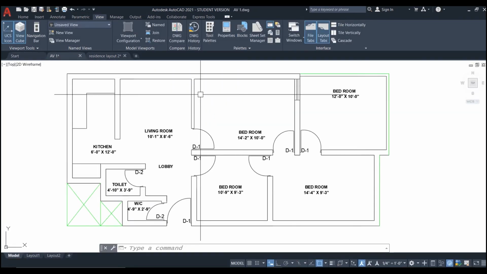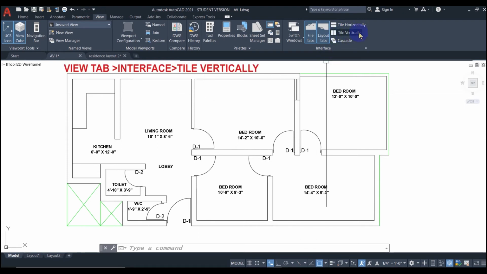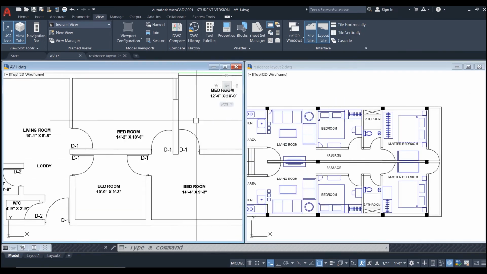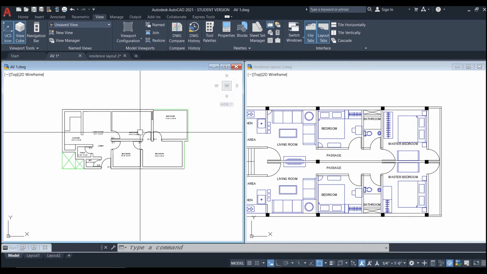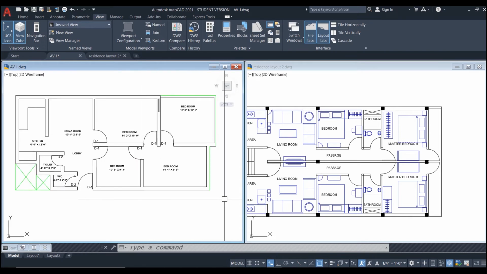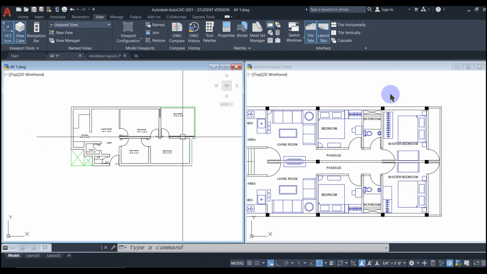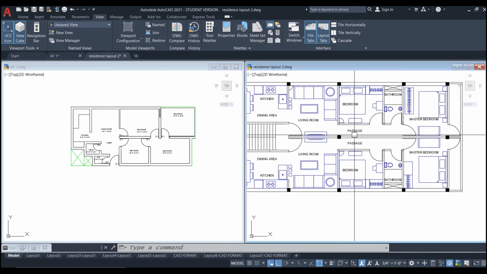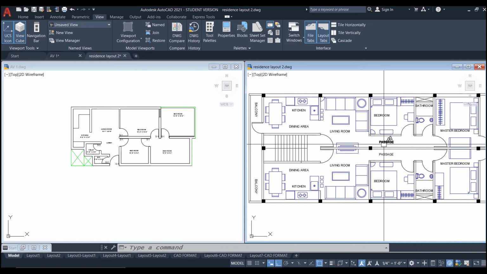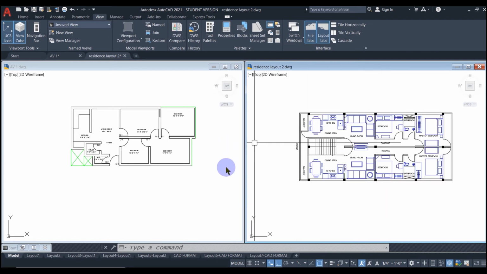Now, what if I want to view more than one drawing at the same time? I have got an icon right here that represents Tile Vertically. If I click this, AutoCAD will split my screen and allow me to view each drawing in its own separate window side by side. This is like having multiple versions of AutoCAD running at the same time, because I can pan, zoom, and work in this file, or if I click inside this drawing and put the focus on this window, I can pan, zoom, and work in this file.